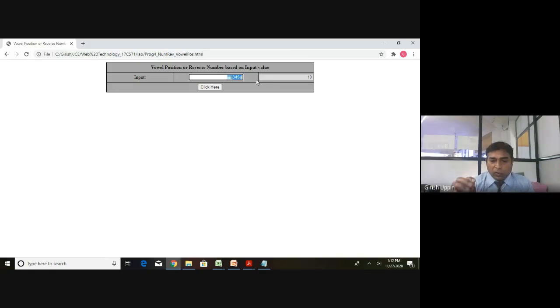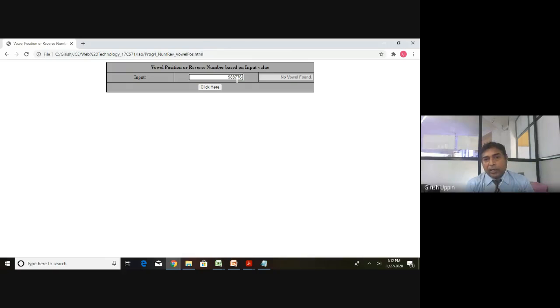Even if I include one single 6, 6, 7, 8, K, L, what should it say? No vowel found, because this will be treated as a string. It will consider it a number only if those digits between 0 and 9 are present.